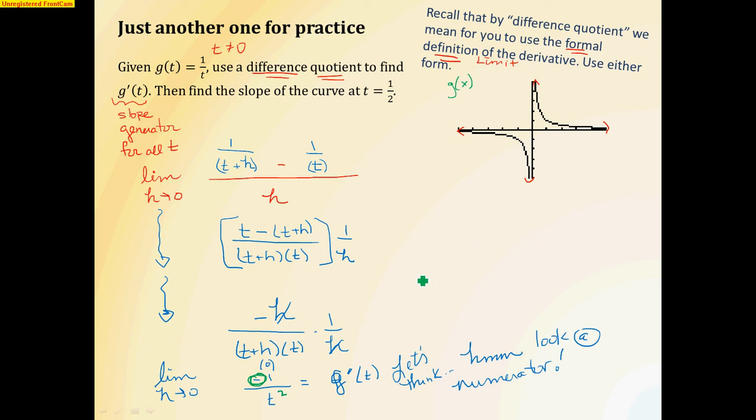Firstly, do you agree that the derivative generator tells you that the slope doesn't exist at 0? True? Now, look at this expression and read it. Negative numerator over positive always because of the squared denominator